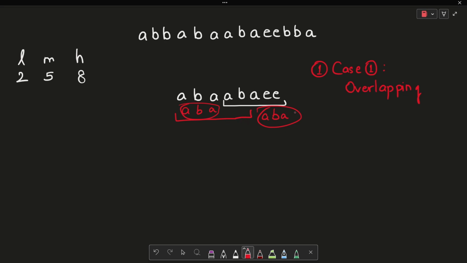Yeah, so we try to make ABA here. Can we make ABA here? Yes. A is there, B is there, A is there. Yes, we can make it. Fine. So what I can do is I can simply say that I'll take this substring and I'll rearrange the characters